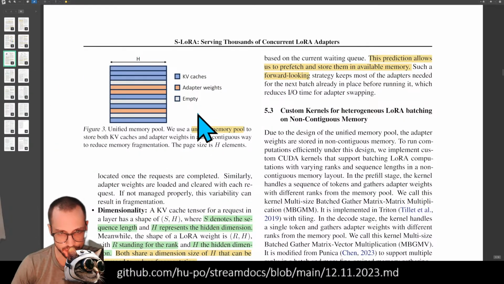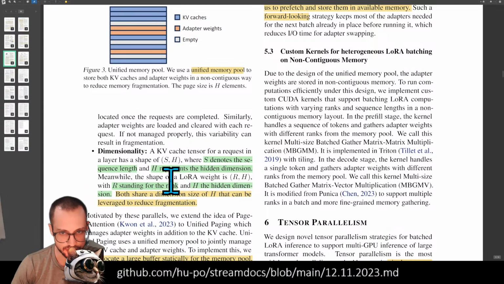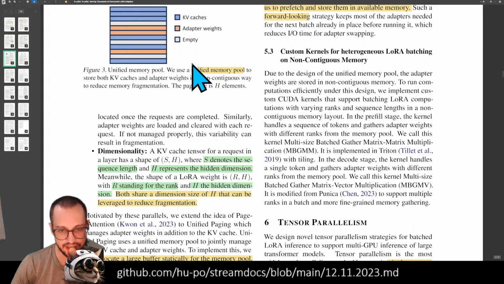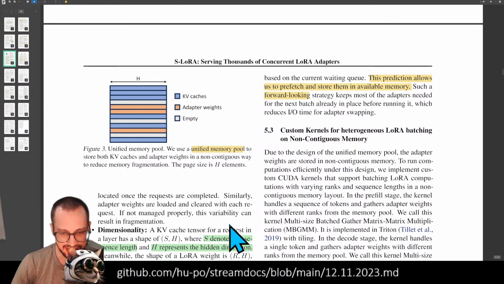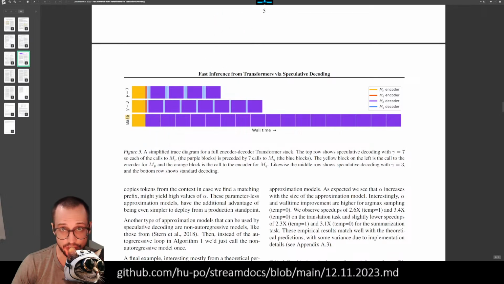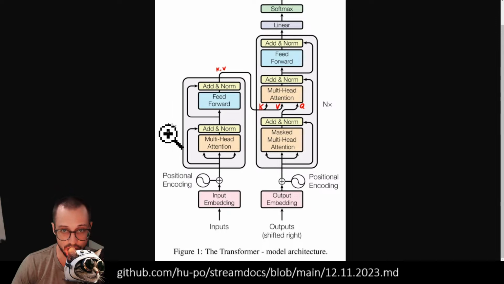The first thing they realize is that LoRA adapters have a dimension of R by H, where R is the rank of the LoRA adapter, something like 8, and H is the hidden dimension. And it turns out that H is also one of the dimensions of the KV cache. The KV cache is basically your encoded information, the part that you encode whenever you're doing this encoder-decoder transformer, right? You're encoding your prompt into these KV matrices, which are then used for cross-attention with the decoder at every single